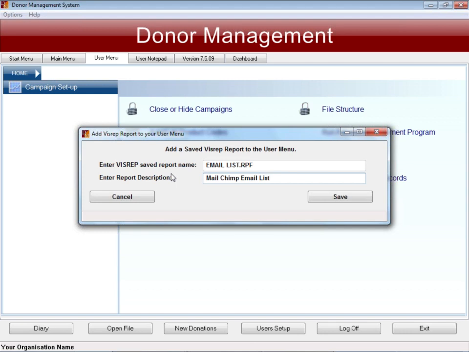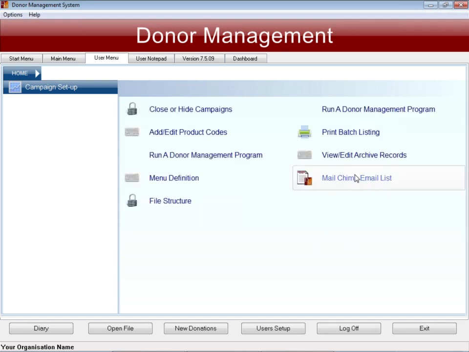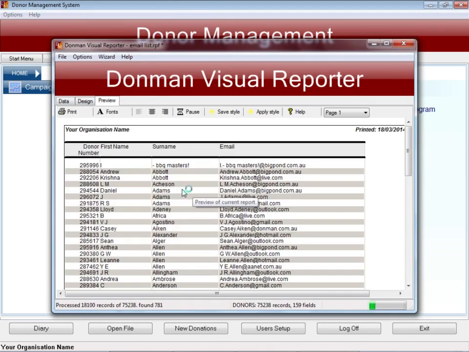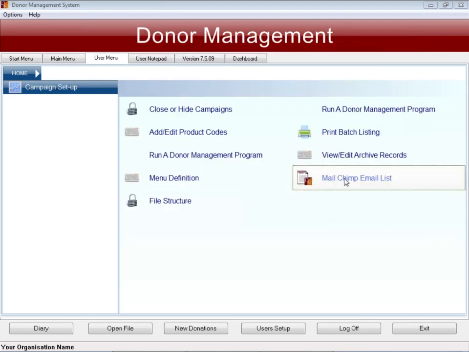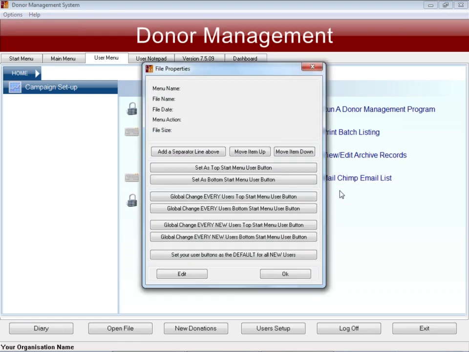so just call the report exactly what you want it to be on the menu, and then save. And now if I click on there, by default it's going to take me straight into VisRep and start running the report. But then I still have to go and get through the option of saying I want to export it to text. So in this case, what we're going to look at is a way to shortcut that. So if I now right-click on my option, go to Properties,